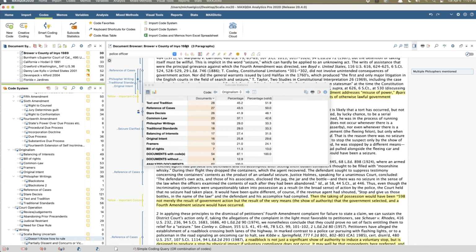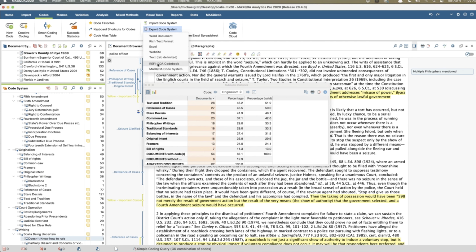Oh, since we're here, we can export our code system and import a code system from another project. I'm not going to demonstrate that today. I didn't think we had time for that. But if you have an existing project with a code system and you want to create a new project and start from scratch, but you want to import the codes only, you can import that code system. You first export the code system in the old project to a code book, a MAXQDA code system.